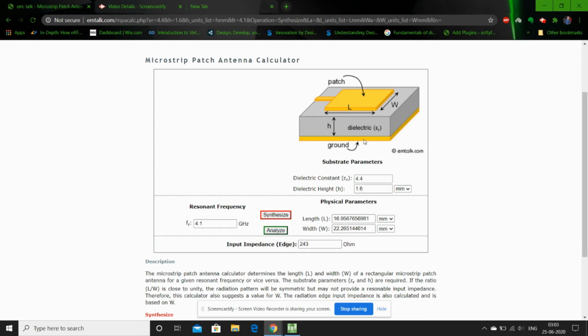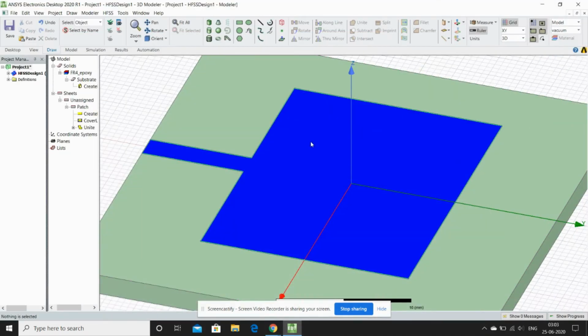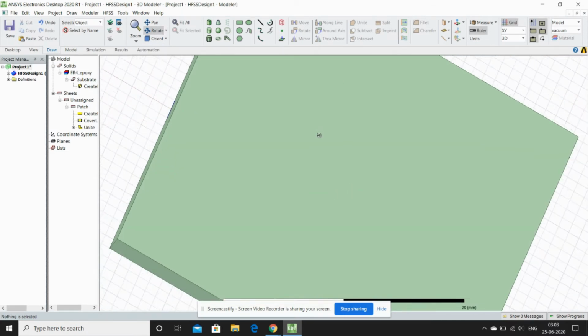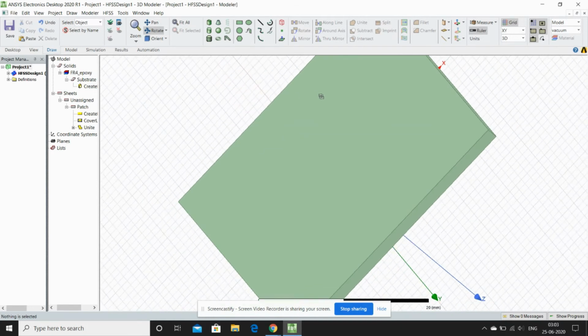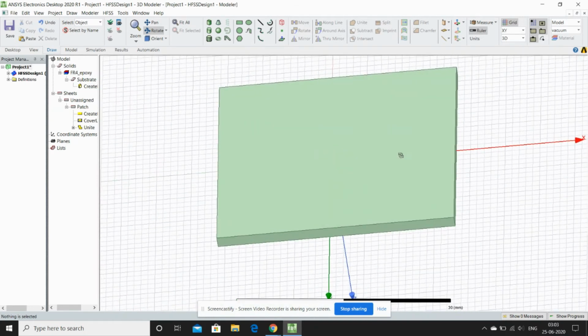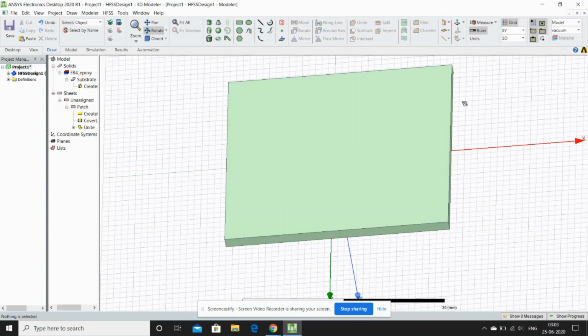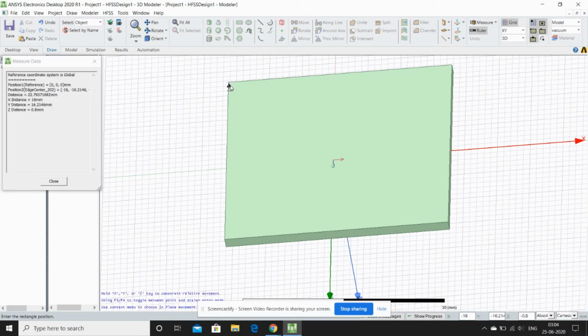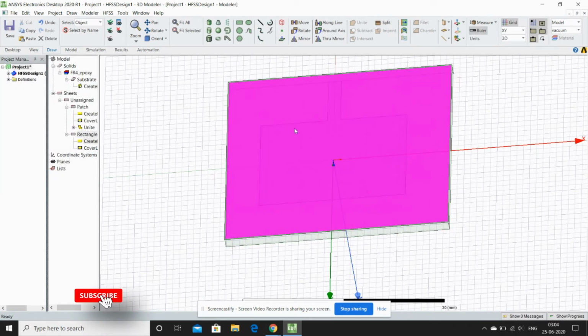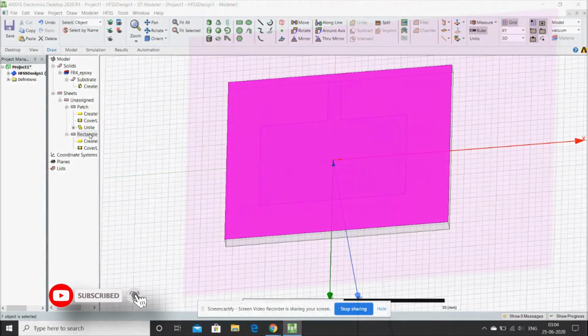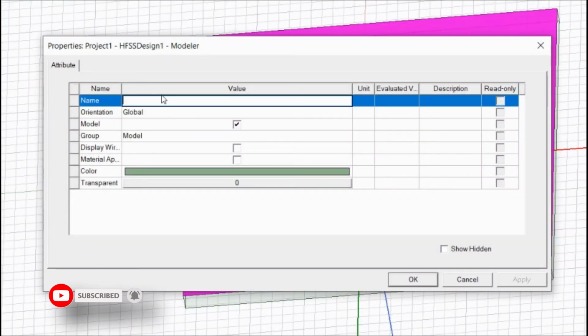next part of our design is to consider the ground material. For the ground, just click on the rotate option, rotate towards backwards, then take the rectangle option and draw a rectangle at the base and rename this rectangle as ground.